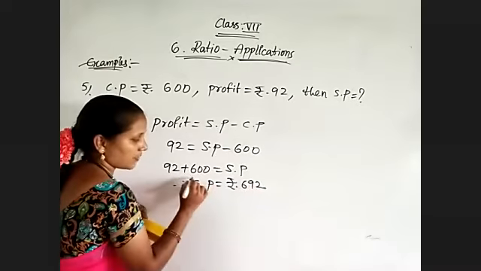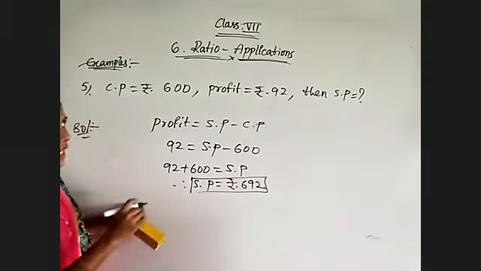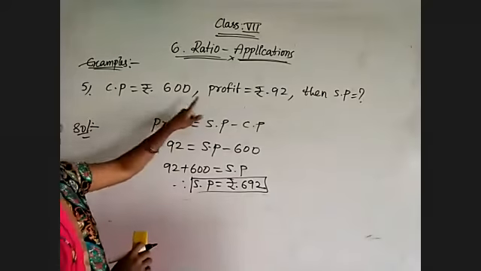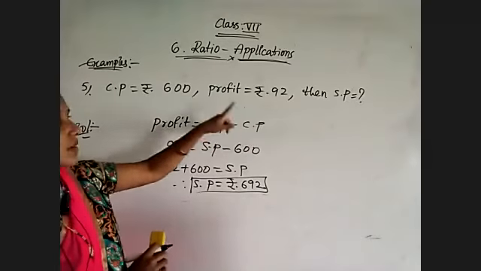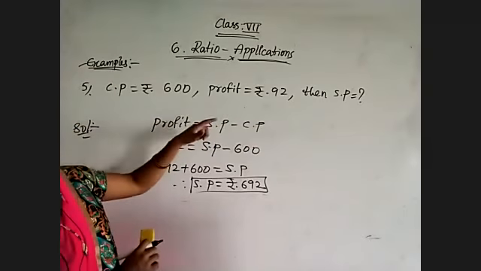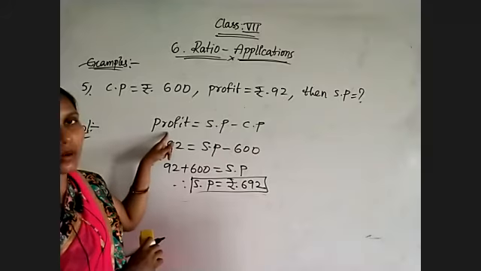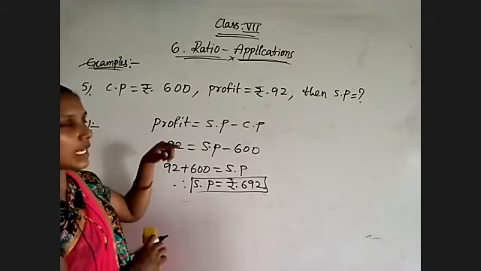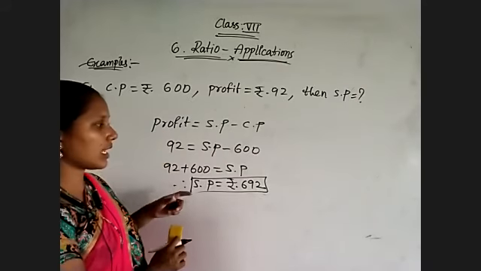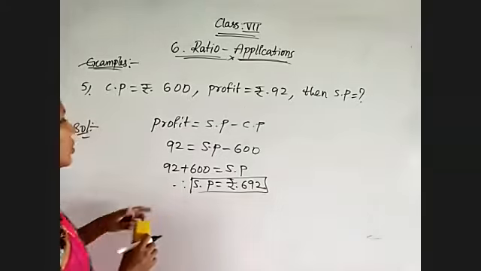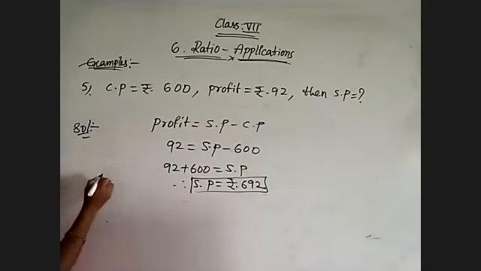This type of questions we will get. See, if they give the word profit and CP, and one value is missing, whether CP or SP, whichever value is missing, in that case use this formula only. And in case of loss also, we will see later on. Just observe it. Depending on this, another question, same like this, we will see.